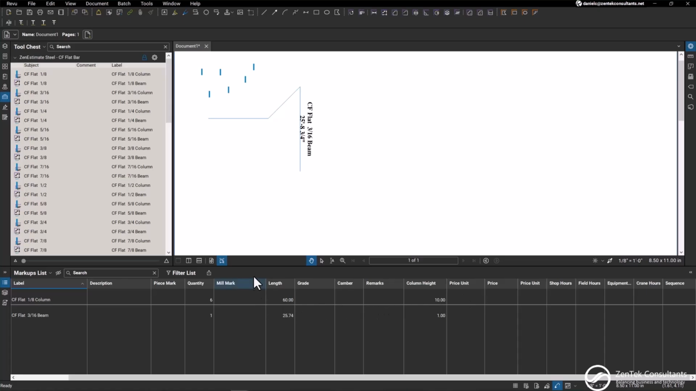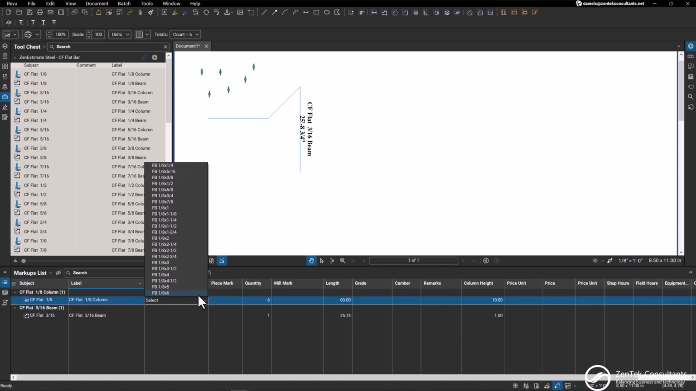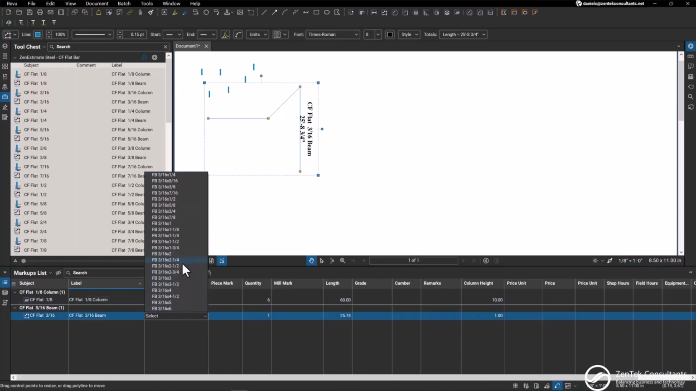So then once you lay out your material, you can come down into the markups list and begin filling out your information here. And you can see we're automatically calculating our quantities and our lengths. And then if we were to come to each one of our parts here and just select our description, you can see we can change the various sizes, right? For our flat bar here and our flat bar beam,